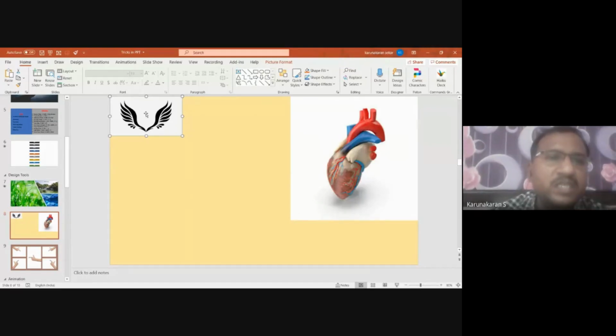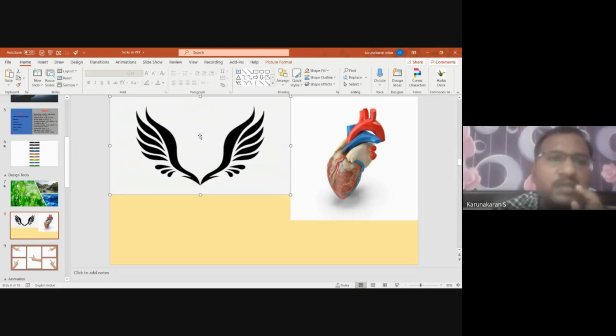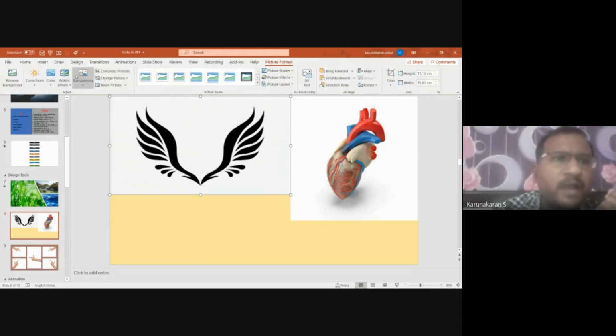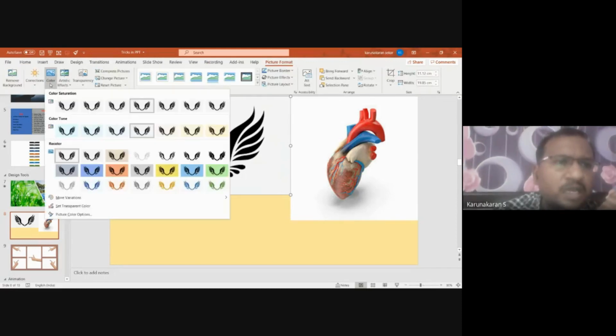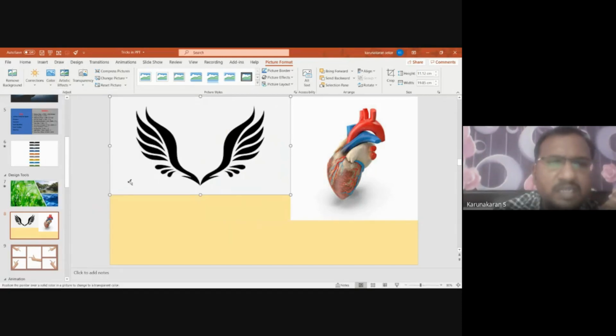One is with this. Here I have only two colors, black and white. Let me make it bigger for you to view it clearly. You can see the background color is white and black. So I'm going to Picture Format and then to Color. In Color I have Set Transparent. If I click Set Transparent, I get a pen tool here.